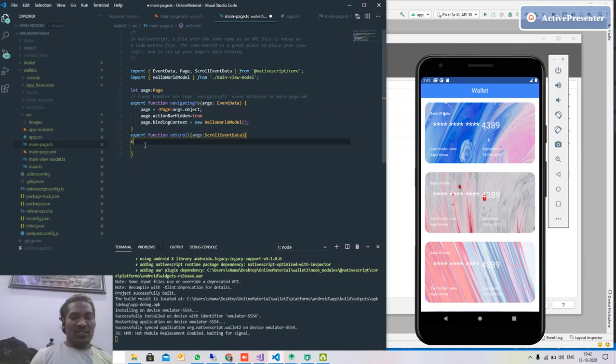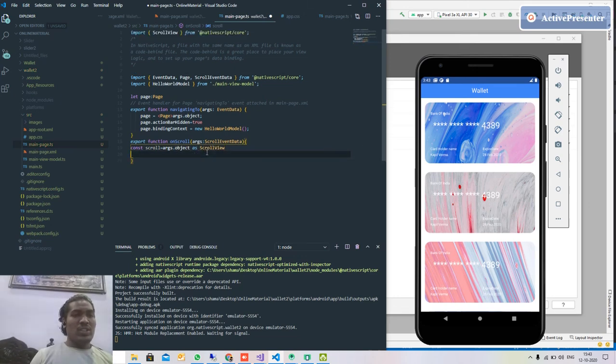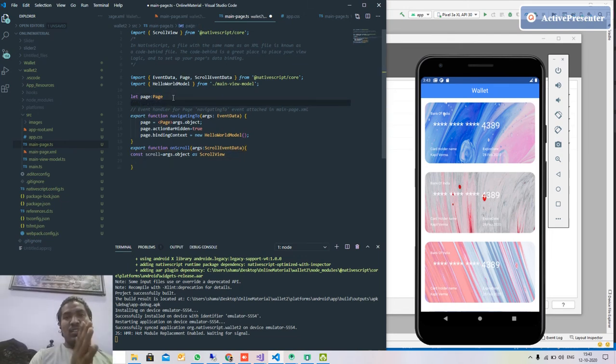So let's first quickly show. And first we need the current index.